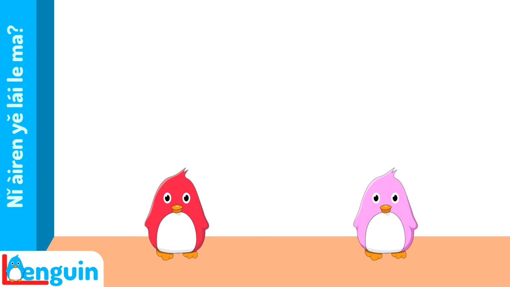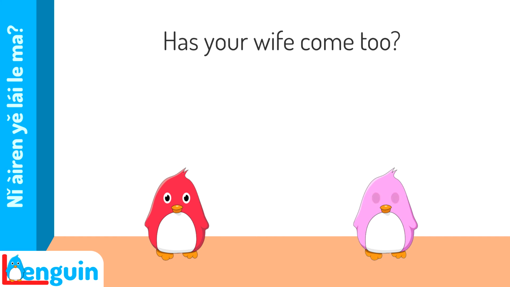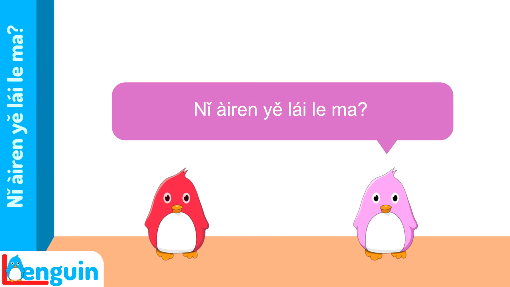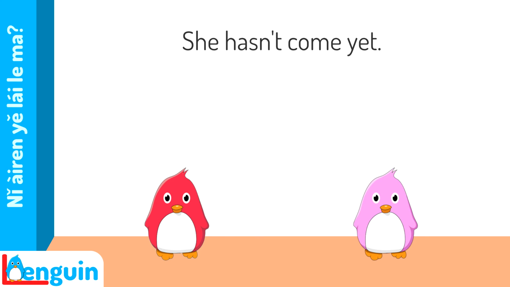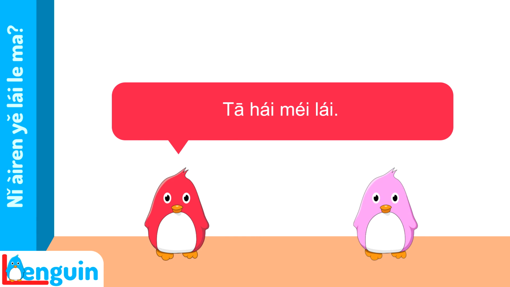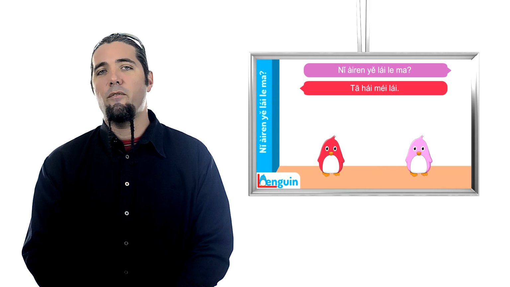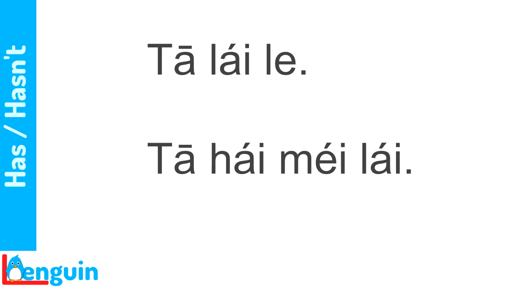Let's go back to the situation where Mr. Martin is alone in Beijing and listen to him say that his wife has not come to China. Has your wife come too? 你爱人也来了吗？ She hasn't come yet. 他还没来。 Compare this negative answer to the affirmative answer you heard earlier to the same question. There's more difference than you would expect. She has come. 她来了。 She hasn't come yet. 她还没来。